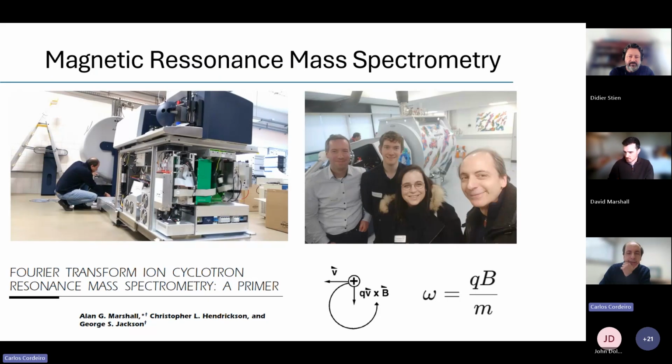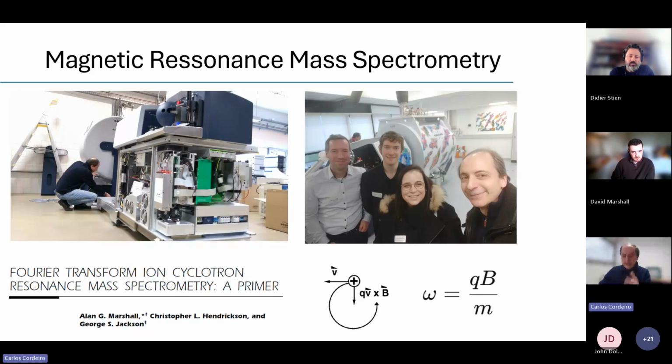So basically, these are two installations. This is the one in Lisbon on your left, and you have the other one on the right, which was installed last year in Rouen. And the main difference is actually the magnet. You have a higher magnetic field in Rouen, 18 Tesla versus 7. So this has some implications in terms of resolving power and dynamic range, but the effect is not as pronounced as in NMR. So basically, qualitatively, the results are always very similar.